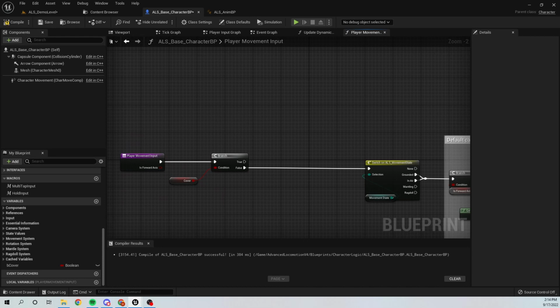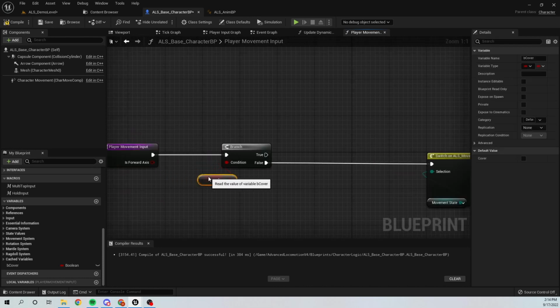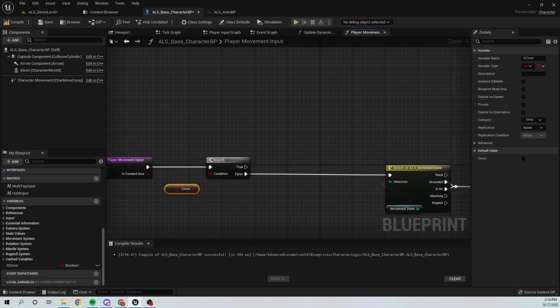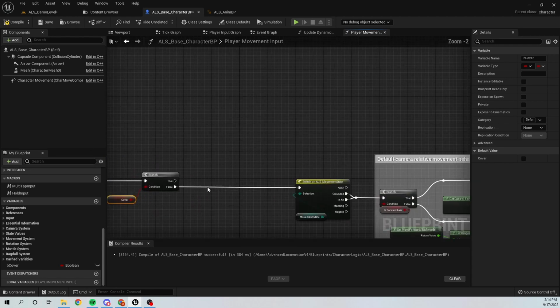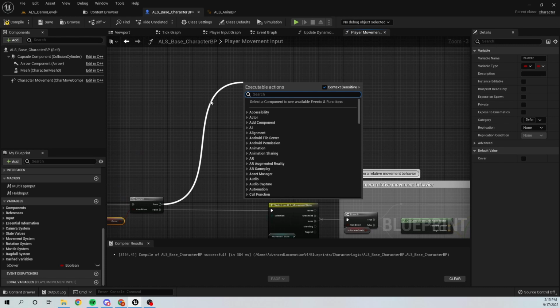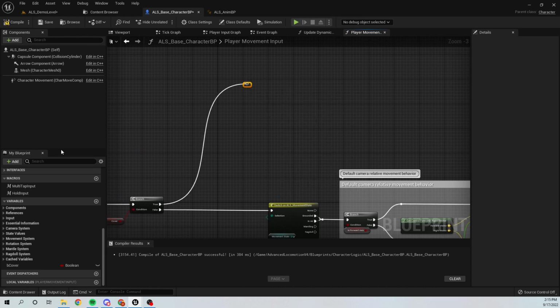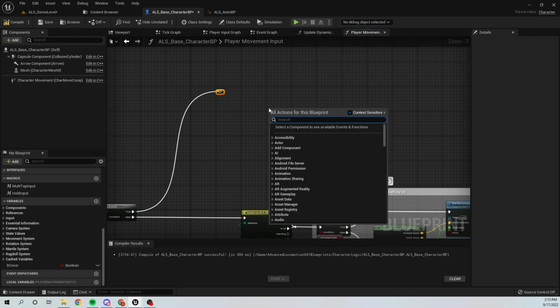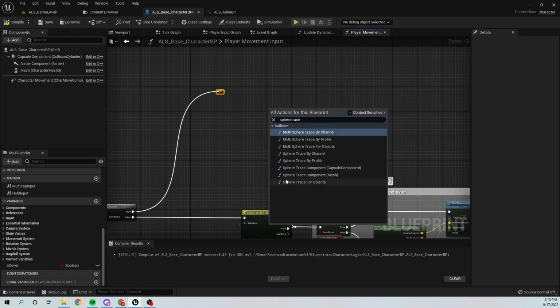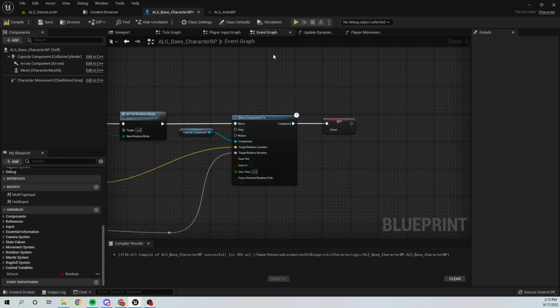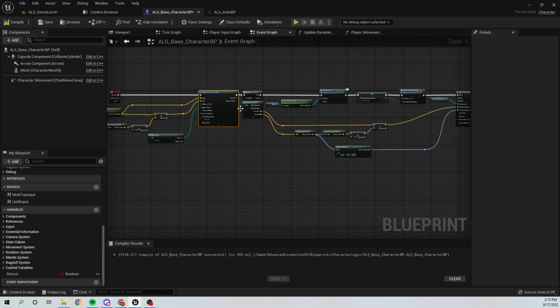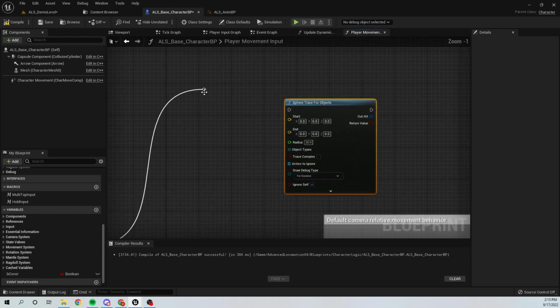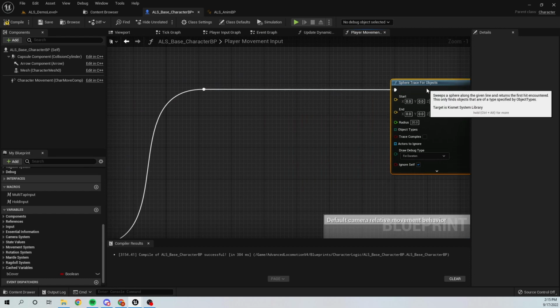So if our cover variable is true, then I'm gonna use rewrite node over here and use sphere trace for object. I'm gonna use the same from here, sphere trace for object,